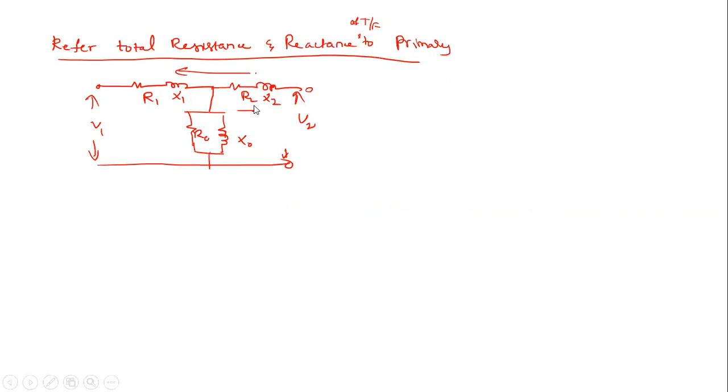Let us see, by a simple logic, R2 in the secondary produces copper losses, correct?